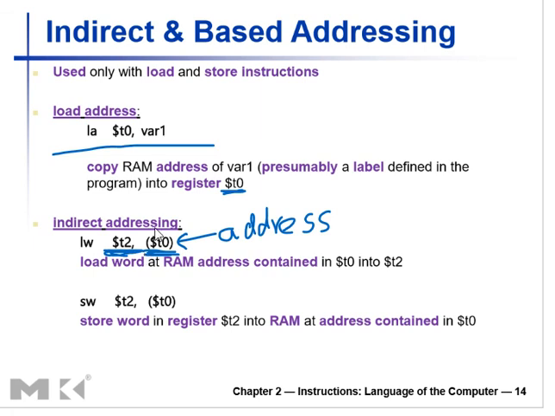So what is the meaning of this instruction? So in your memory, there are many locations. So the address of a location, the address is in register T0. So go to the address, take the value, and that value is loaded onto this register T2. This is the meaning of this instruction.